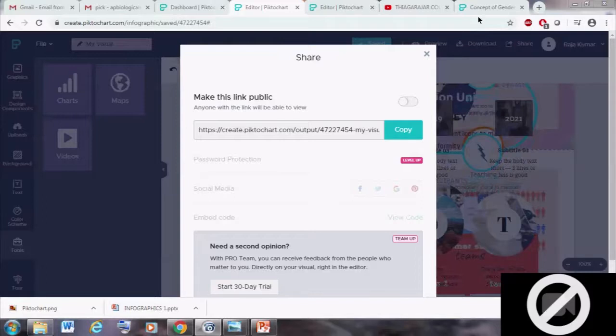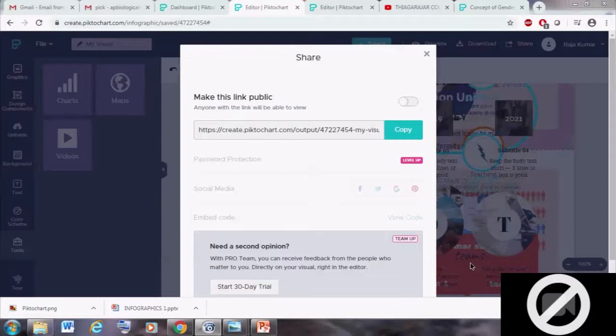Kindly repeat the platforms: Canva, Infogram, Infographia, Venngage, Animaker, PicMonkey, Canva.